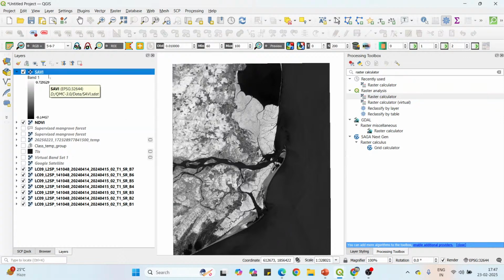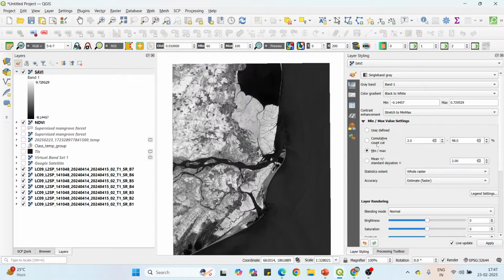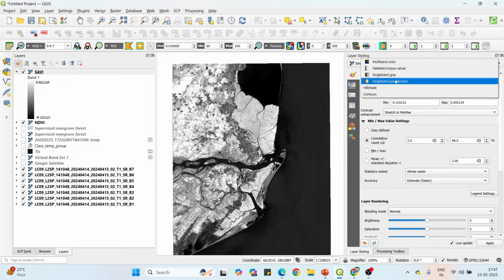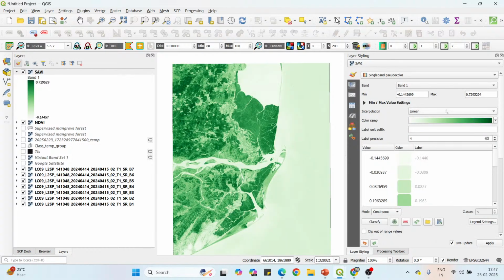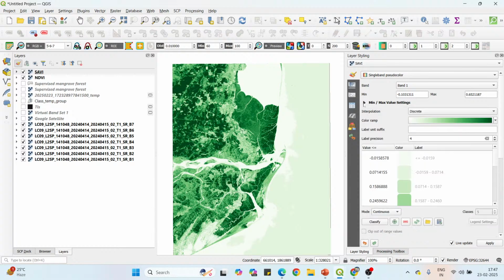Okay, SAVI distribution. Again, we will style this layer to see our lush green forest. I'll perform the same settings for it as well. I'll use the cumulative count cut, and I'll change from single band gray to single band pseudocolor. We will keep it as green. Interpolation will be discrete. Minimum maximum setting, cumulative count. And here I'll go with equal interval, like the one we used for NDVI, and I'll use classes